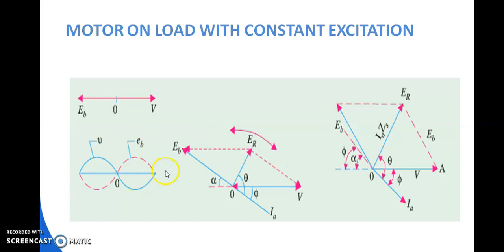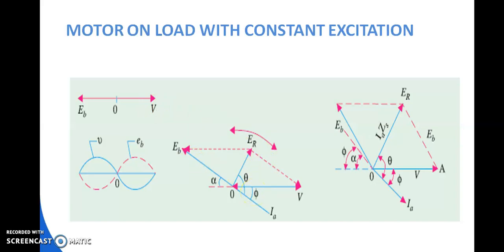Now, first, figure A. Here we can see this is one complete cycle, this is the supply voltage V, and this is EB. Both are passing through the origin and both are opposite to each other. As we know, this EB will always try to oppose this V. And now we can see